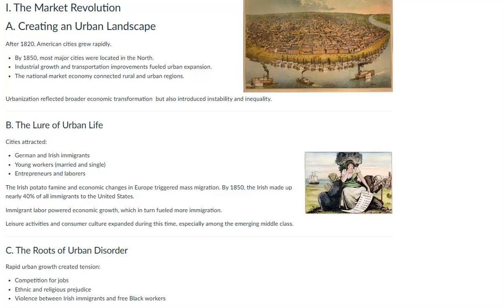And as cities grew, a new middle class emerged, and this middle class identified itself through education, religious respectability, and adherence to the idea of separate spheres. Men were expected to participate in the public world of work and politics. Women were seen as moral guardians of the home. But middle class women also shaped consumer culture and reform movements. And economic growth was reshaping society in ways both empowering and restrictive.